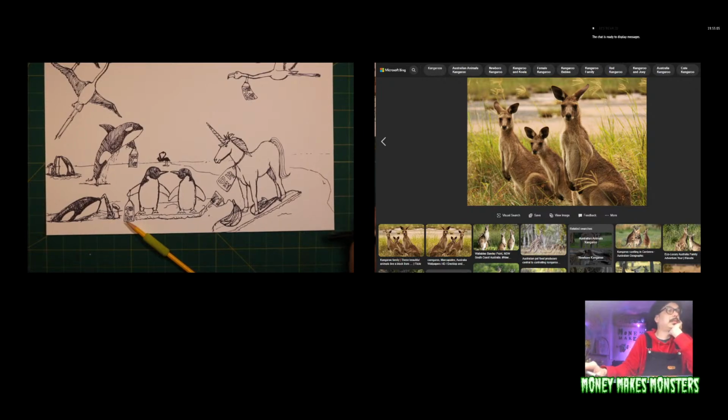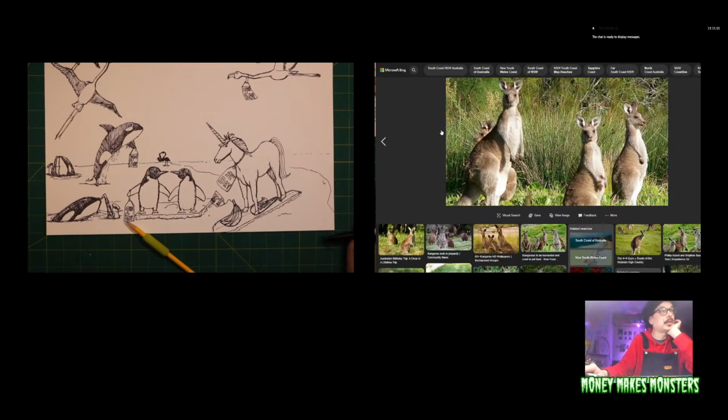Kangaroos, wow. This was not something I was planning on doing, drawing a bunch of kangaroos today, and it's only going to get worse. 7 kangaroos, let's go. What do these things look like? What's the side of their head look like? Their face looks like,